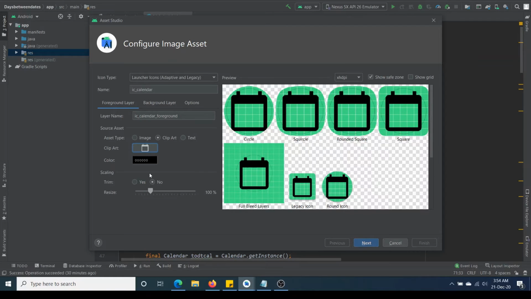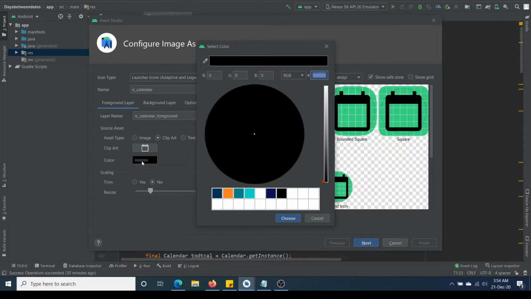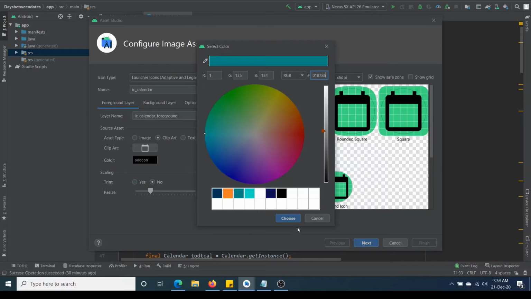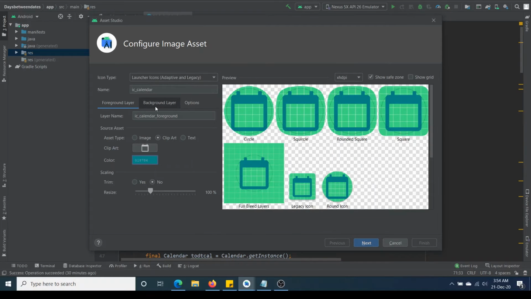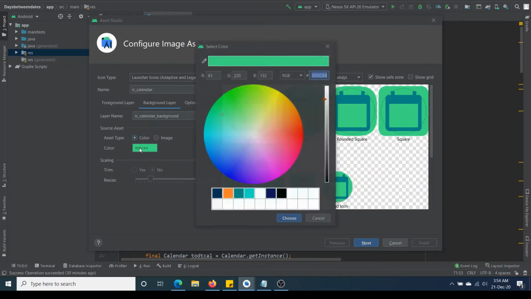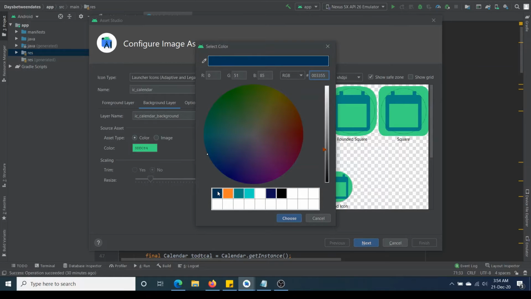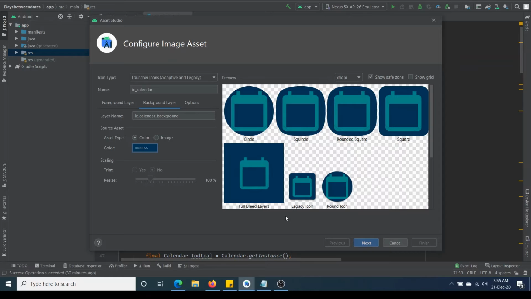Next, I want to change the color of the icon. So here I can change the color. I will select this as the foreground color. Here I can set the background color. Asset type should be changed to color. And then we select this. OK. So here you can see something called as